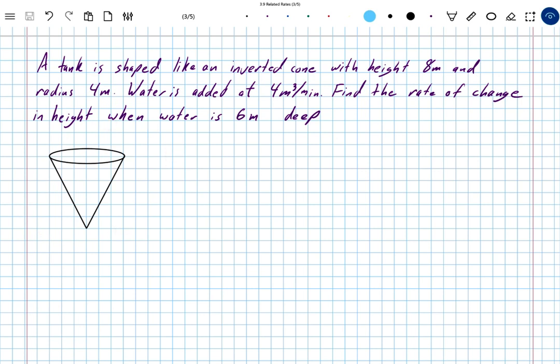So you can give this a try, but before I get too deep into it, I want to take a little aside for some geometry, because I'm guessing a lot of you don't remember a lot of stuff about cones. So let's just recall some volumes real quick. We already saw that the volume of a sphere is 4/3 pi r cubed. But if I wanted to do the volume of, say, a cylinder,